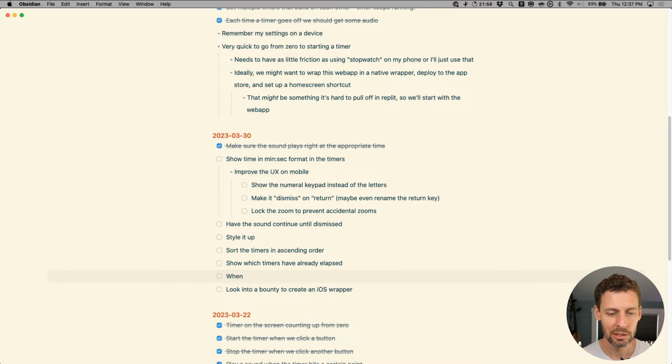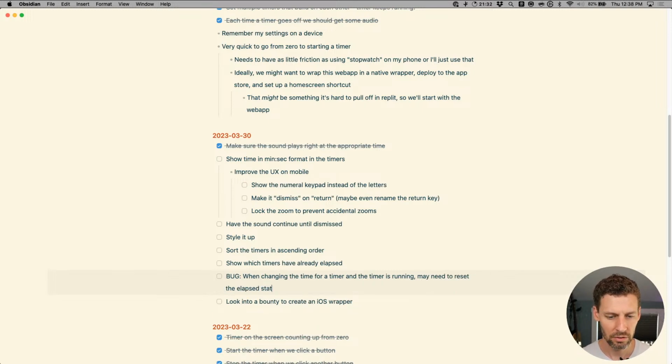Ooh. And there's another weird edge case here when changing the time for a timer and the timer is running, we may need to reset the elapsed status.